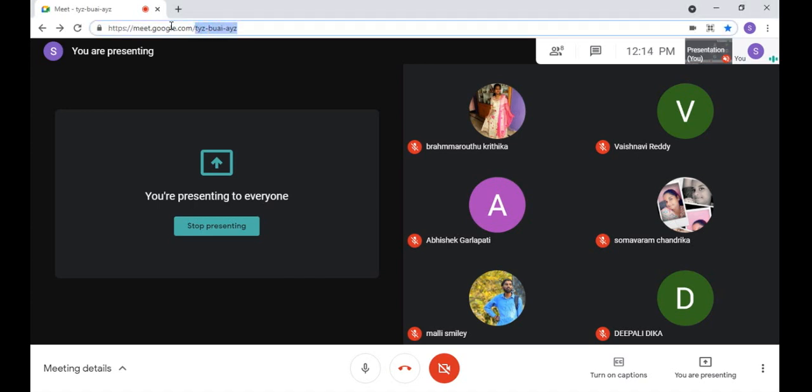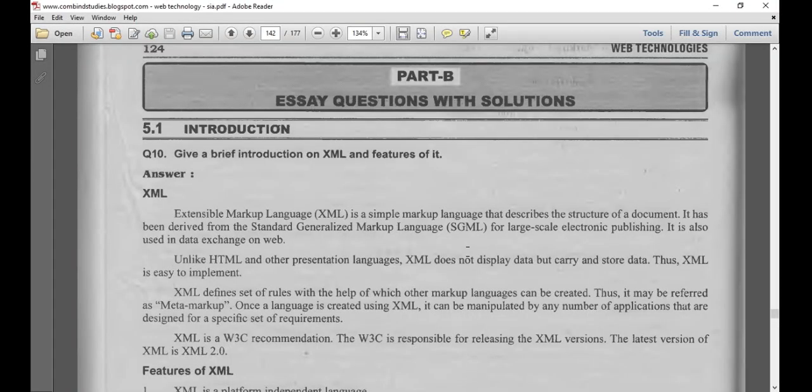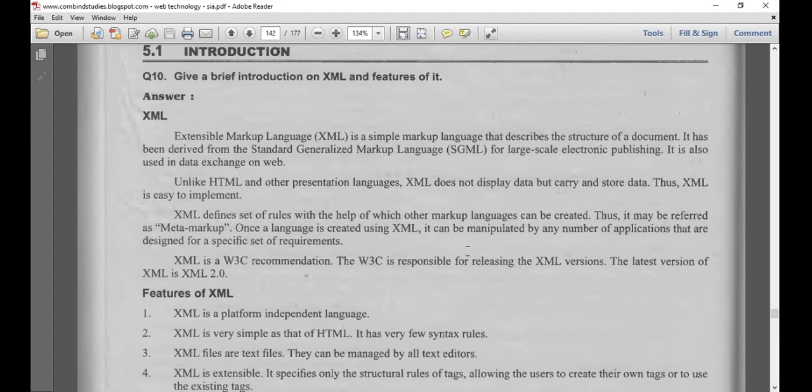This is the next page. This is your main page, and this is a sub page of this website. Like this, these sub pages can be linked with the main page using XML contents. So XMLs are nothing but extensions of your basic HTML programs.